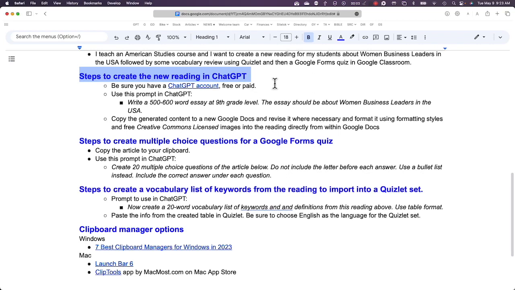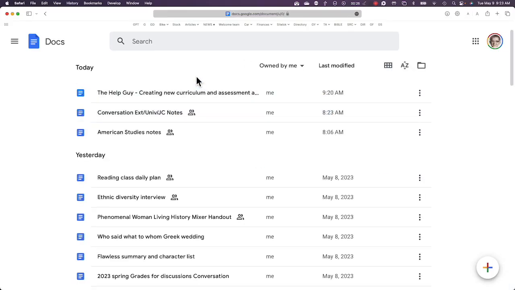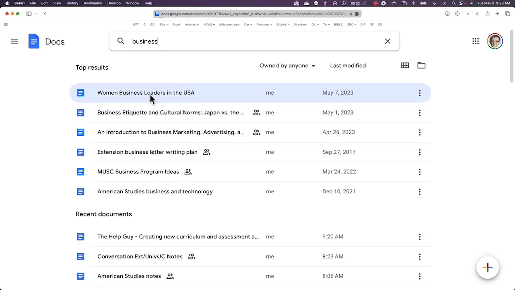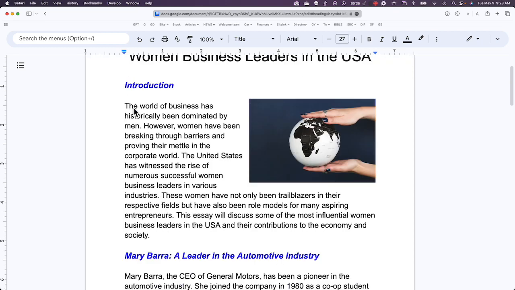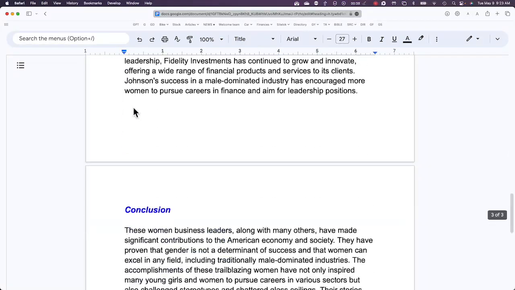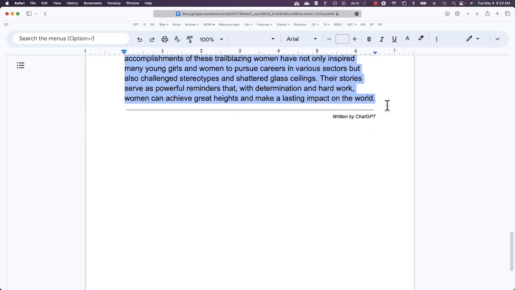Okay, we have finished creating the reading, and now we're going to the next step, which is creating multiple choice questions from the reading for a Google Forms quiz. So I'm going to go ahead and copy the article again, and it may be in your window already. I'd like to start with a new window, but it probably doesn't matter. If it's in your window already, you're probably okay. So I'm copying this onto my clipboard,